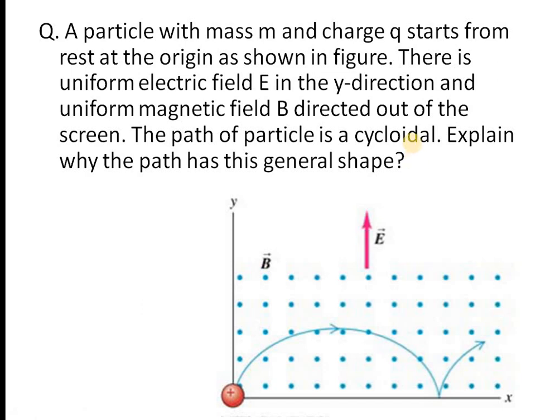So either you do the previous problem or you write the description of this phenomenon. All the physics you have to write, step by step, starting from the beginning when the charge is placed at the origin till the next loop is repeated. What is happening at the different points and why this is happening. Only a qualitative explanation is required, no mathematical equations. You can try both. At least one of the questions you have to attempt. It is your freedom. If you write both, well and good. But at least one is important. So properly do it and submit as an assignment.